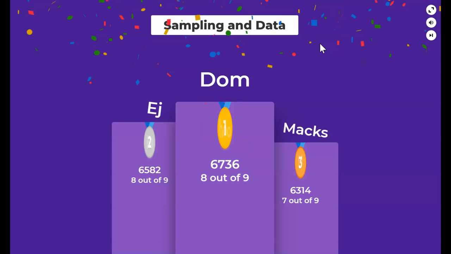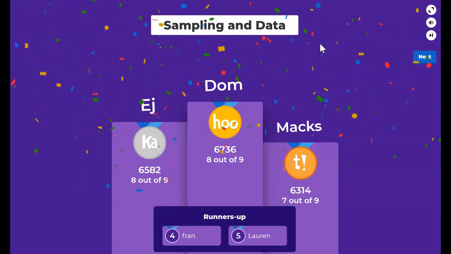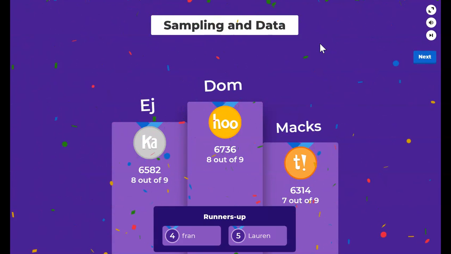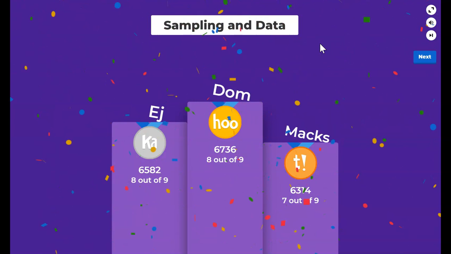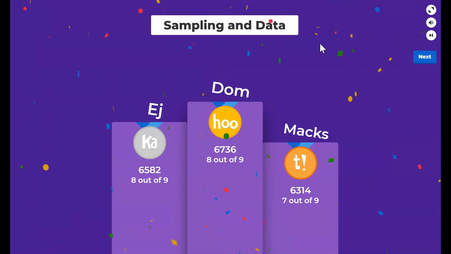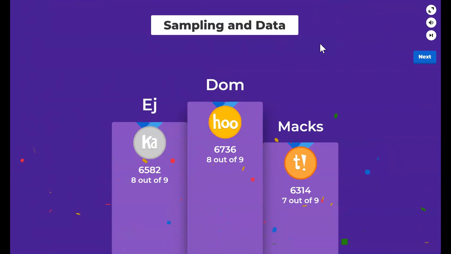So well done, and I'm sure that would have been 9 out of 9 if it wasn't for the one about standard deviation. Obviously, the higher the standard deviation is, the less consistent the data is. But at least you all did spot that it was wrong. You didn't blindly go,